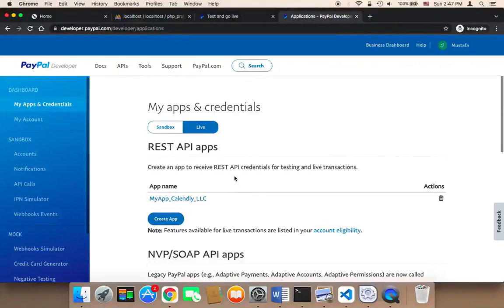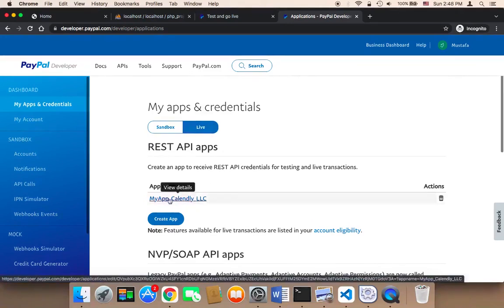Welcome back. Now, in order to go live and receive real money from people, you need to change the sandbox environment into the live environment. So you need to head on over to your PayPal developer account and then select the live environment, and then you will find all of your apps. Click on the app that you created. So I'm going to click on my app,